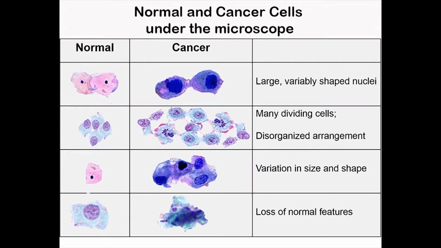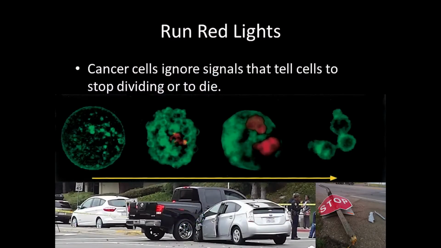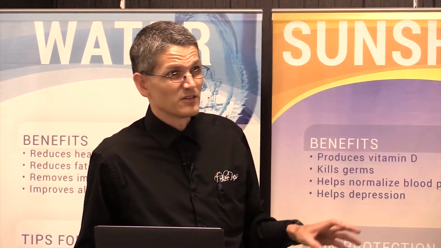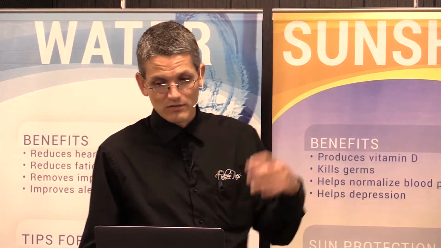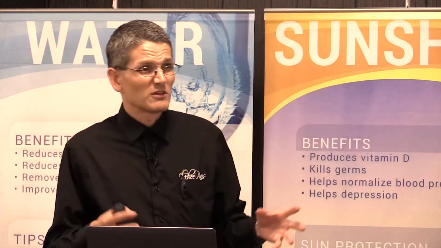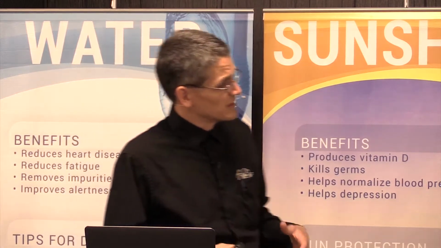And you can notice differences in them when you look at them under the microscope. I don't think most of us are going to be taking cancer cells and looking at them under the microscope, but they do look different. And they don't like to obey signals, right? So if you run over the stop sign instead of stopping at the stop sign, sometimes you can get into some serious problems associated with that, and that's exactly what we find with cancer. They run those red lights, those signals that tell them to stop, and they keep going, and it creates significant problems.